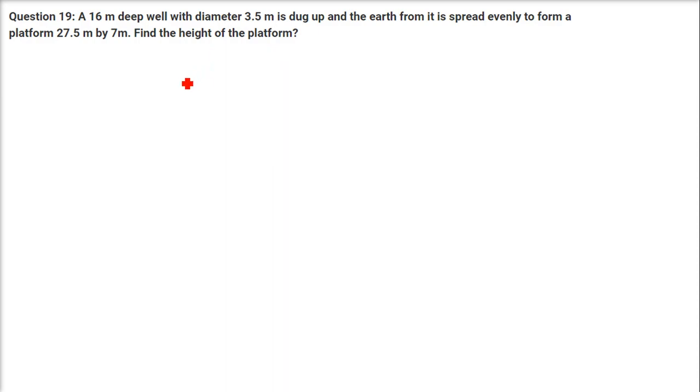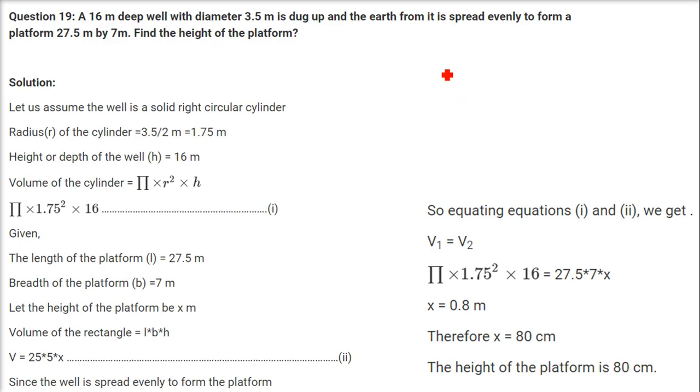A 16 meter deep well with diameter 3.5 meter is dug up, and the earth from it is spread evenly to form a platform, which is this by this. Find the height of the platform. Now, what is happening here is,